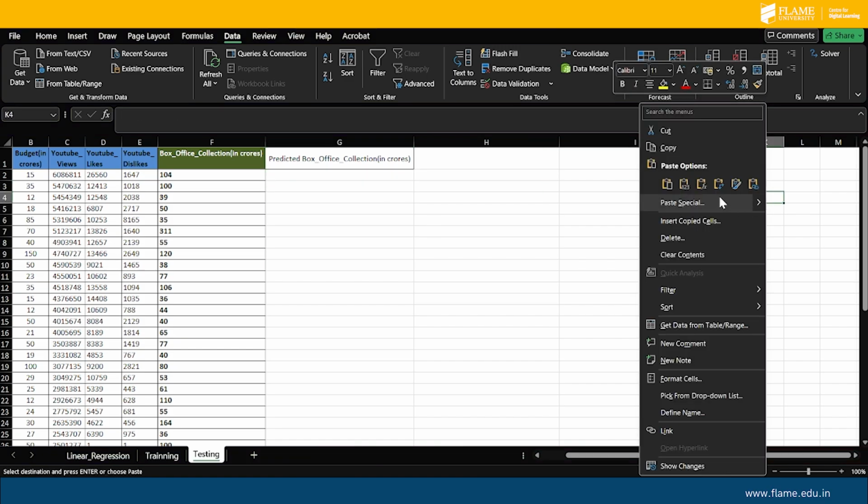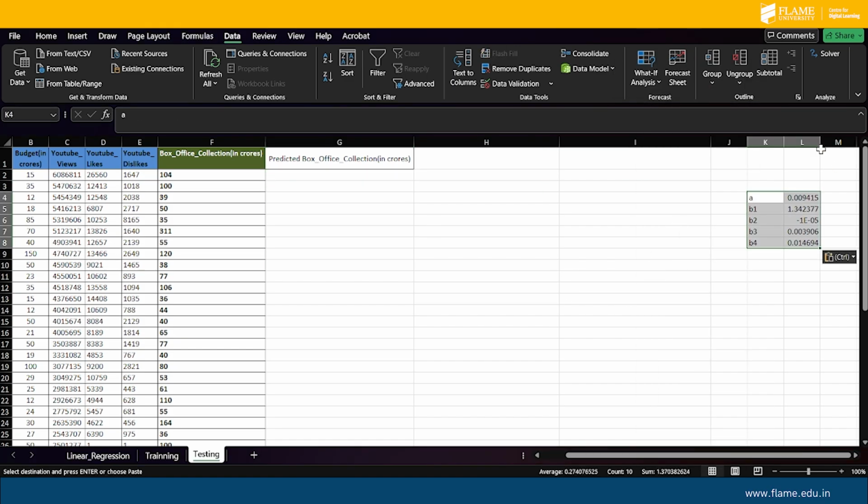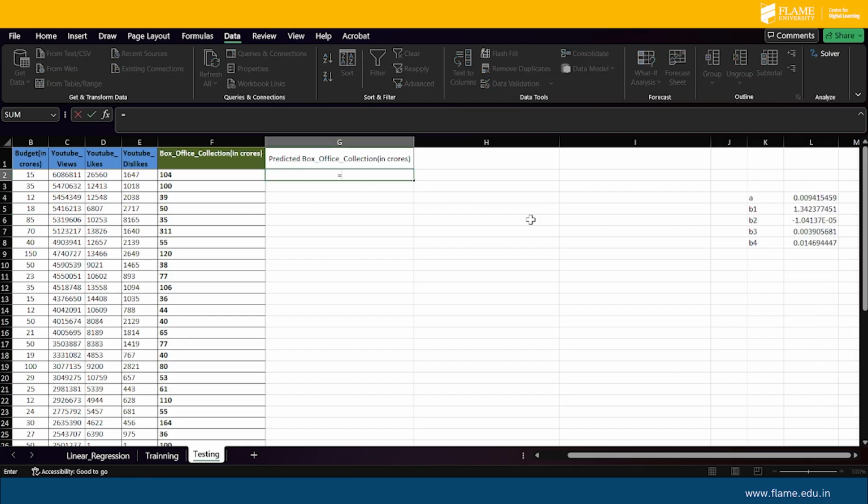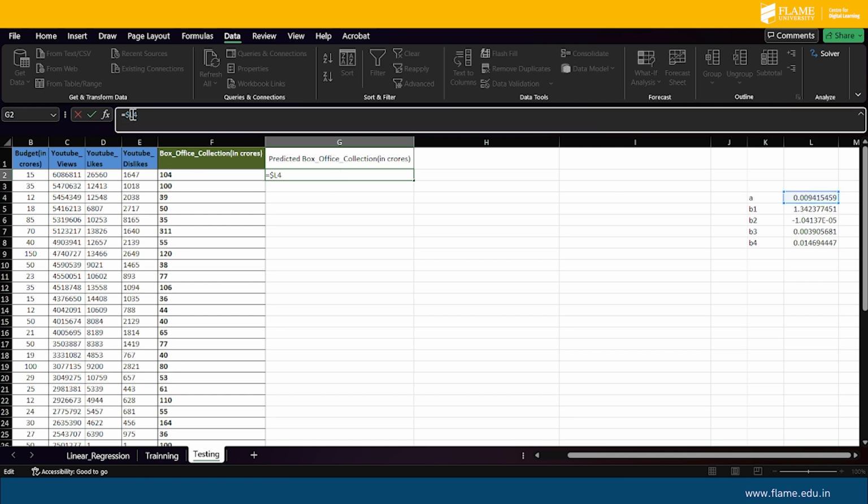So you copy paste these values this side, so equals A, fix this, plus B1 into budget, plus again dollar